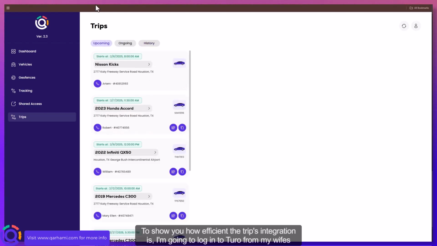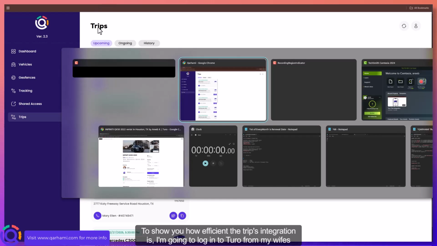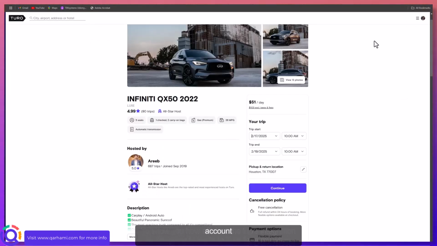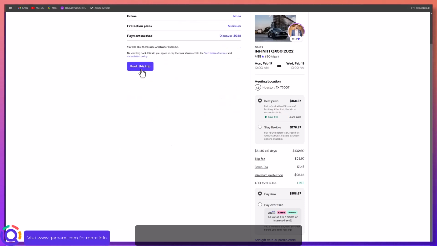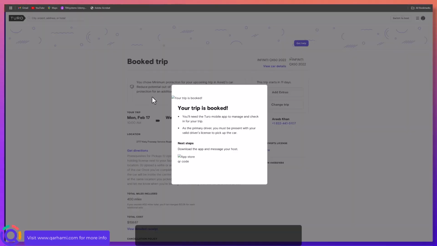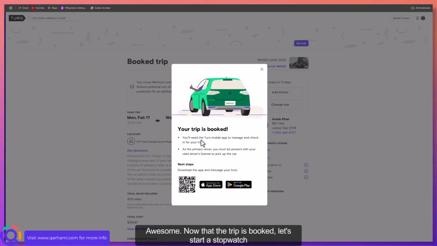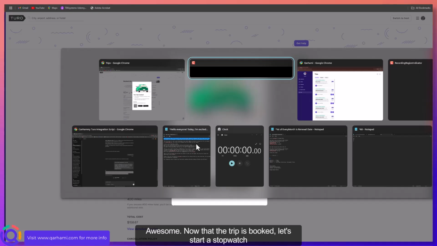To show you how efficient the trips integration is, I'm going to log in to Turo from my wife's account, and I'm going to go to my Infinity QX50 2022 and book it starting 17th February to 19th February. Awesome. Now that the trip is booked, let's start a stopwatch